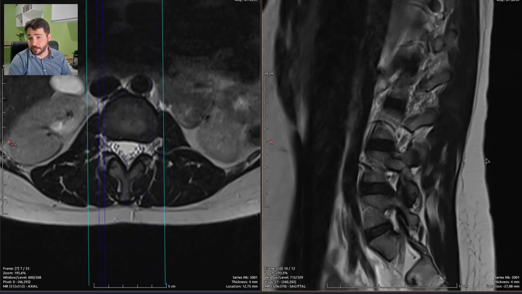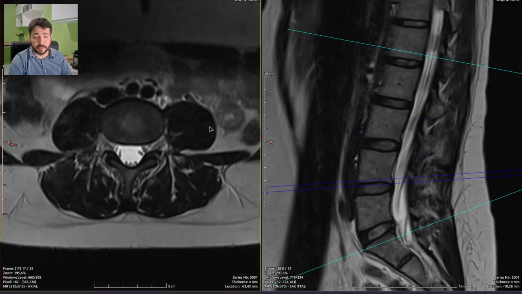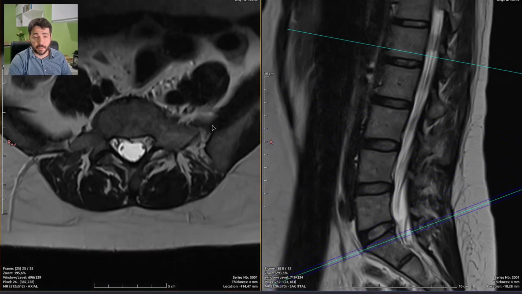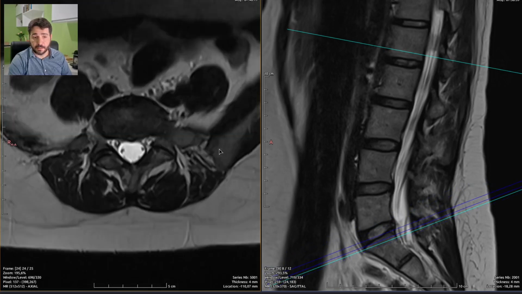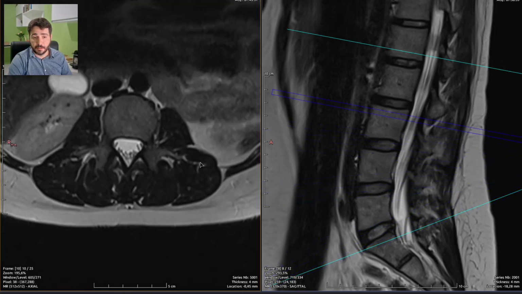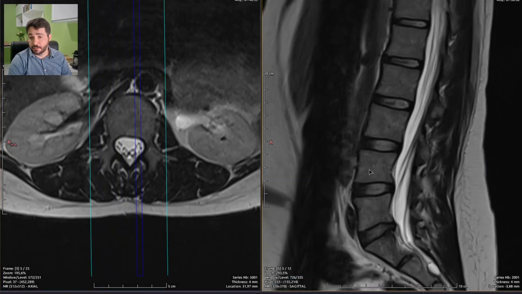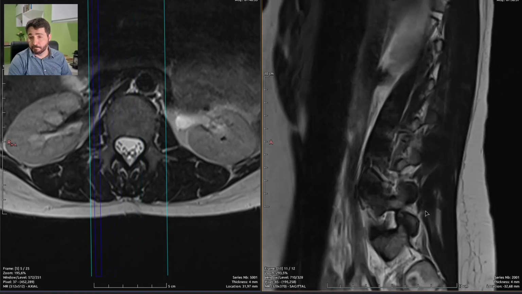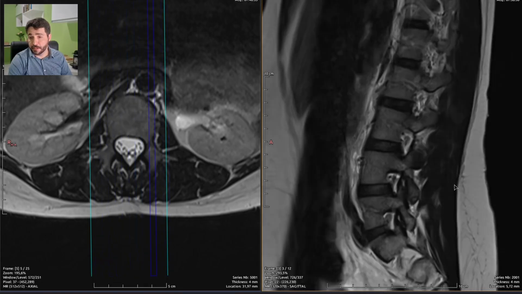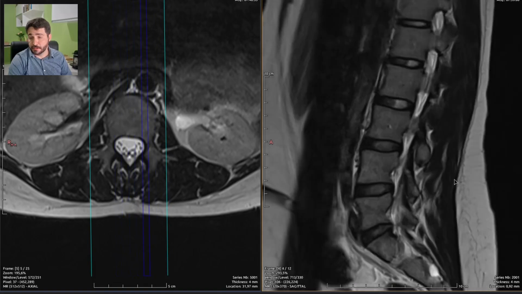It is a great new well calibrated scanner. As you guys can notice, it seems discs are normal, so are bone structures, bodies, and posterior elements of the